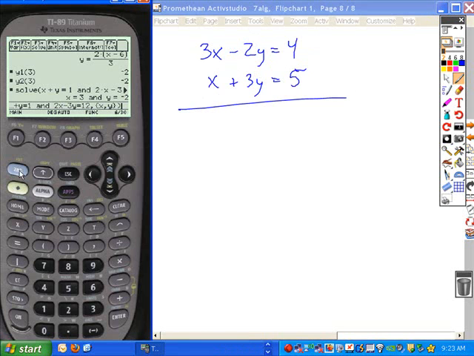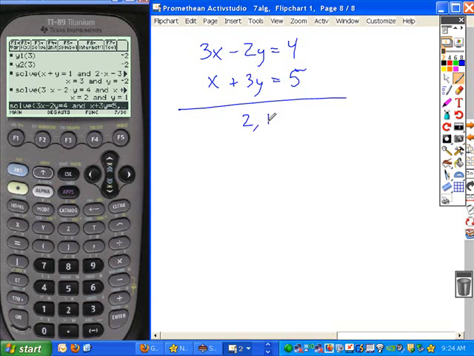Okay, so again, starting from the beginning, I'm going to go back to the menu that pops up when you turn on your calculator. You need to find your custom tabs, second home, choose the solver from the custom tabs, and go all the way down to the template, number 4. Okay. So now I can move my cursor before the and, type my first equation, 3x minus 2y equals 4. Move my cursor after the and, again leave a space, and type my second equation, x plus 3y equals 5. Hit enter, and I have my solution to 1,